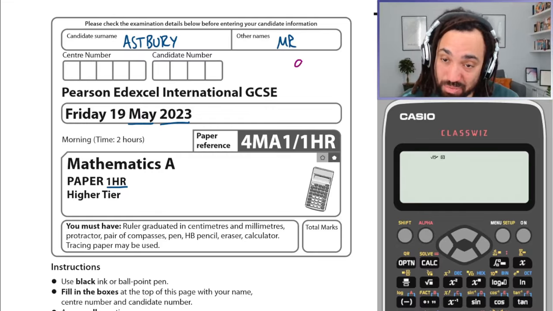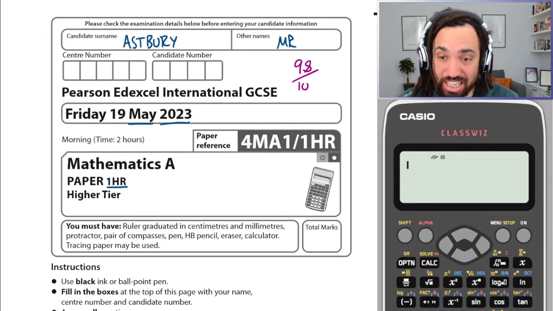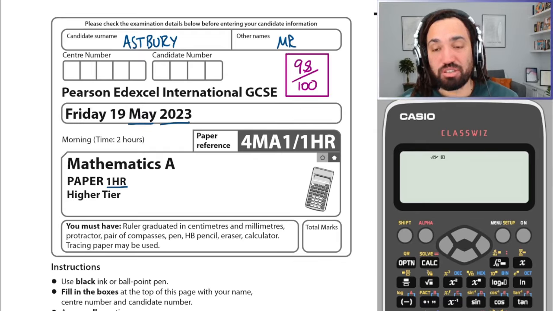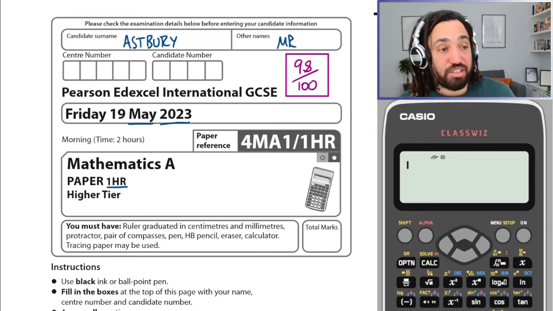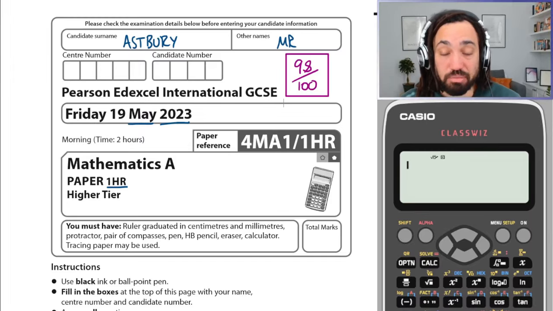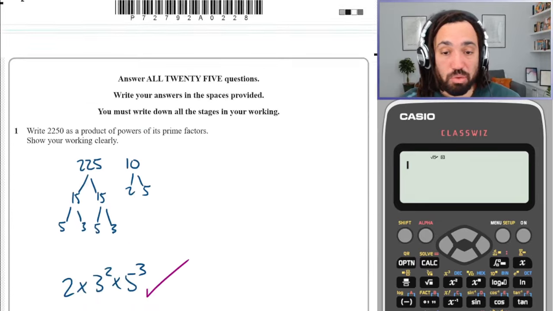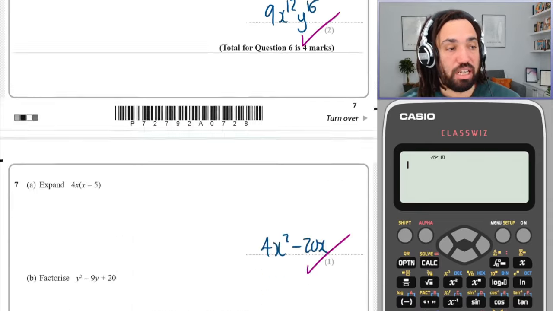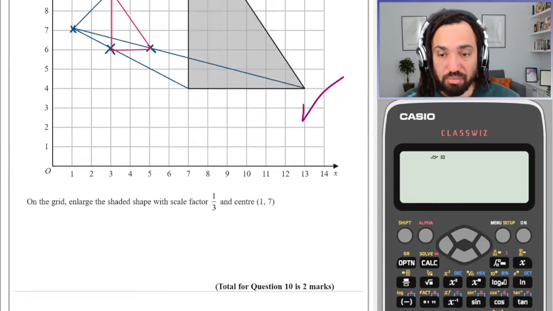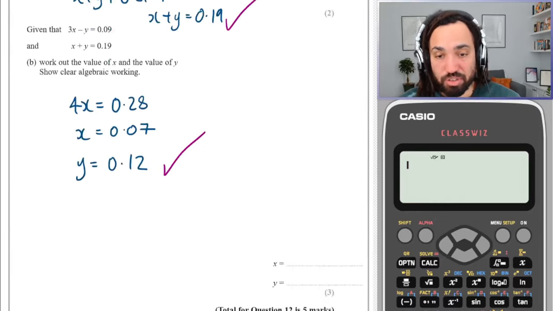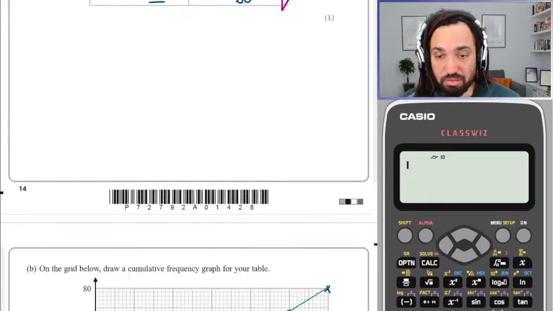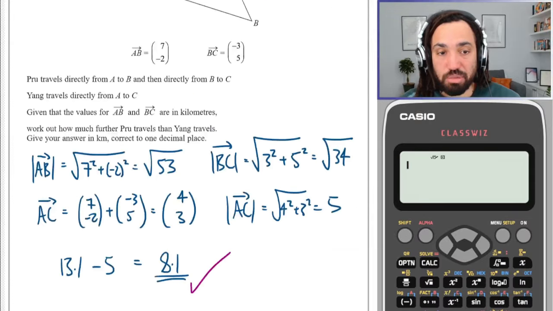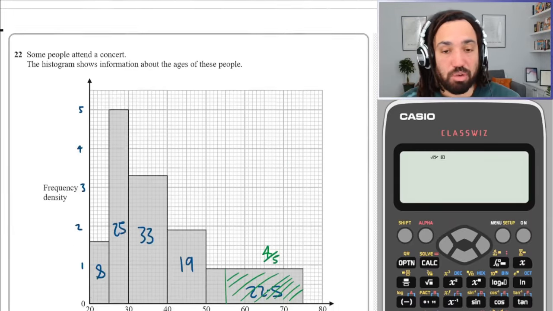And I am a bit disappointed because I scored 98 out of 100. I made 2 errors, both on the last questions. And let's find out where those errors are so I can correct them. So all of the paper up until the last 2 questions I've marked and I've got all correct. Maybe, I mean, this paper went on for so long, I think perhaps I've run out of steam and got a bit tired towards the end. So I dropped 2 marks at the end, 1 on each question,